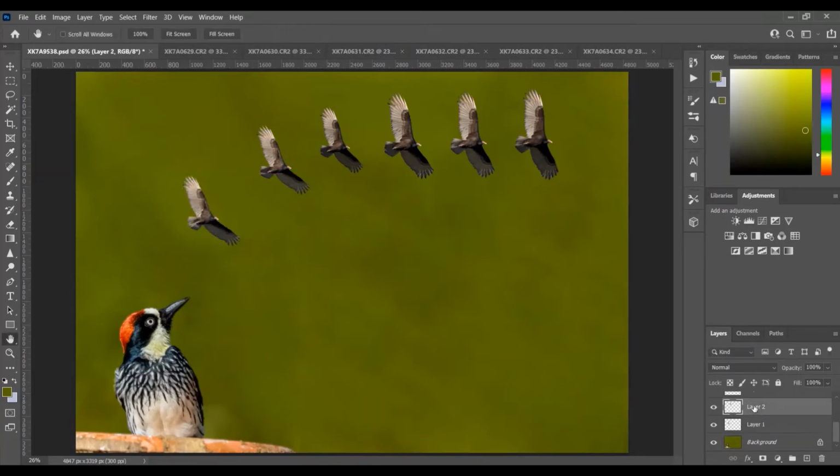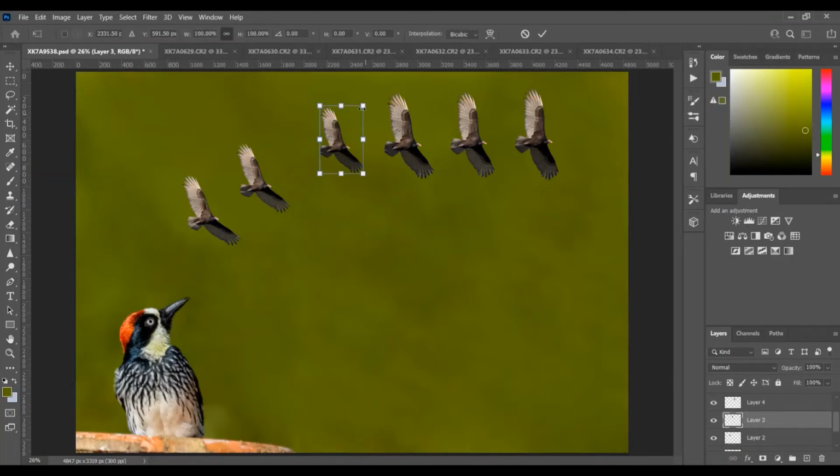Then layer 2, Control T to select it. Let's make some rhythm out of it. Let's go back to layer 3. Control T. Now you can change the direction a little bit.